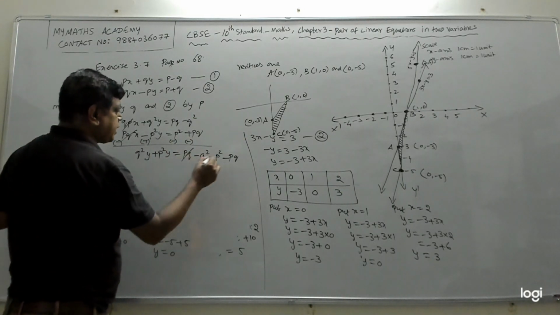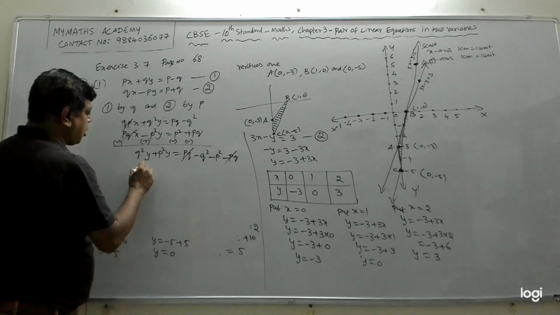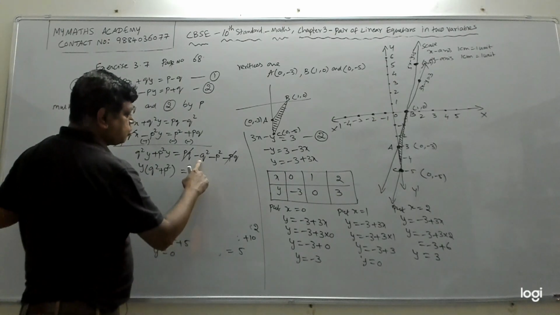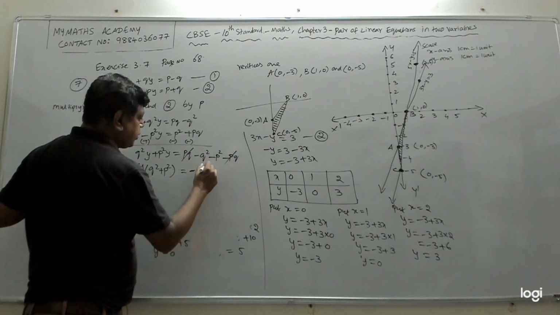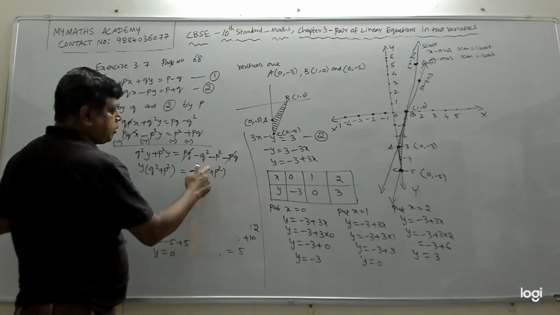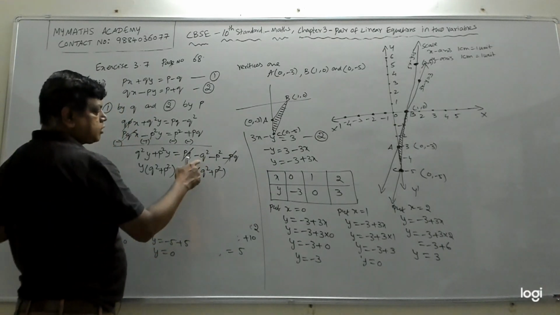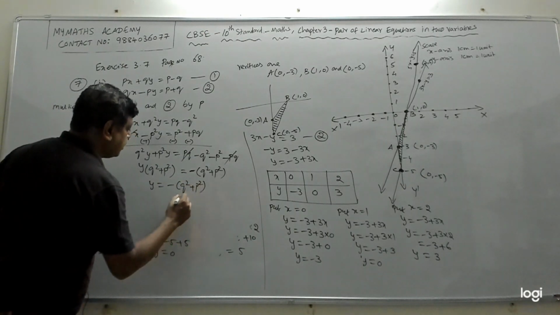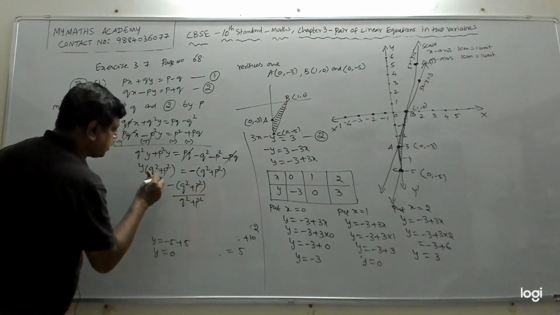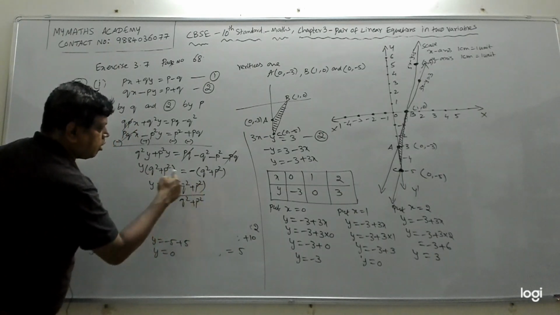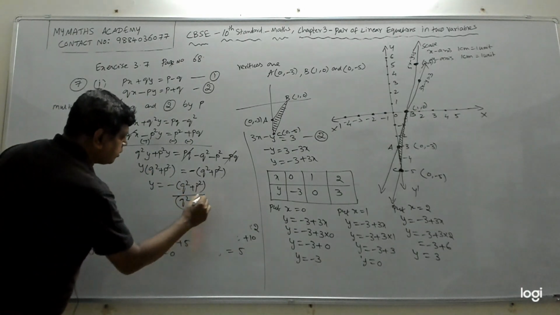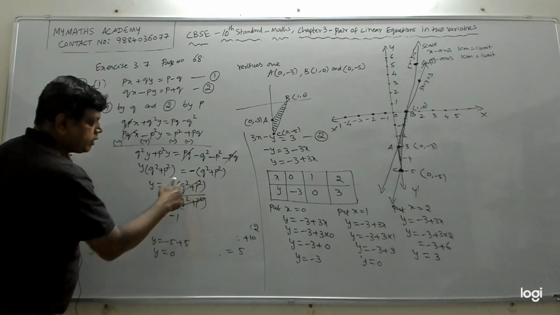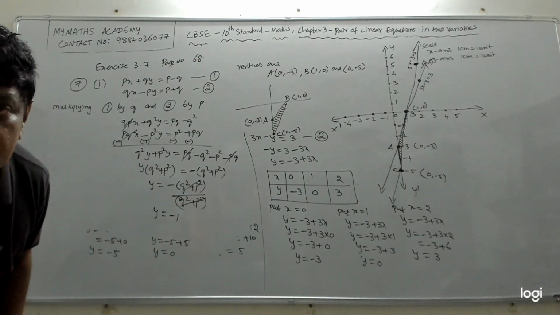Now what do we see? These two get cancelled. Plus PQ minus PQ. Now here y is common. We'll get Q square plus P square equal to here. This is minus Q square minus P square. If I take minus common, I'll get minus of Q square plus P square. Now my y will become minus Q square plus P square by Q square plus P square. So this will come down. It will go to the denominator because it is y into. Right? So these two will get cancelled. Y will become minus 1. Both will get cancelled, it is 1. So we have got y as minus 1.